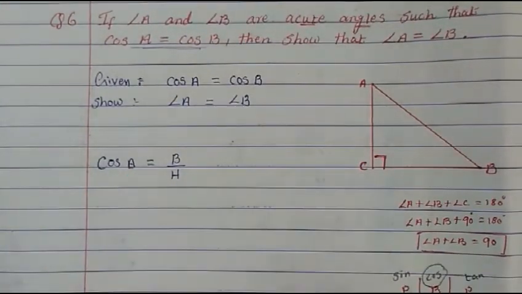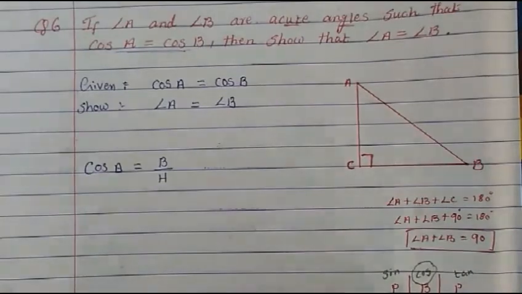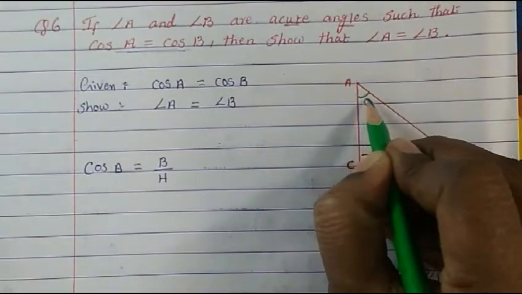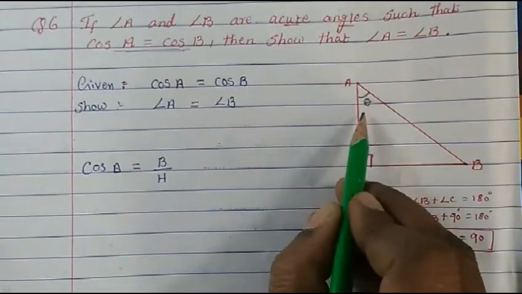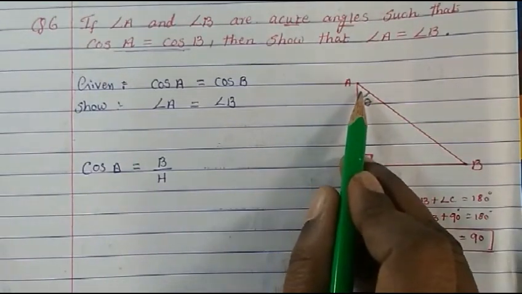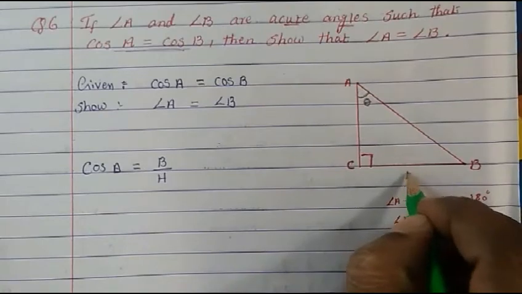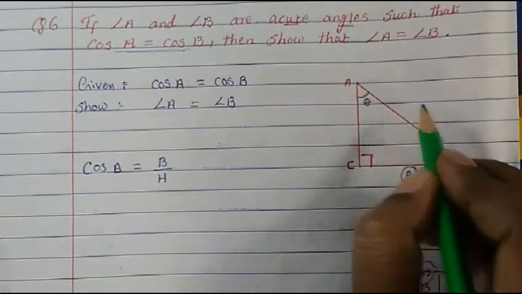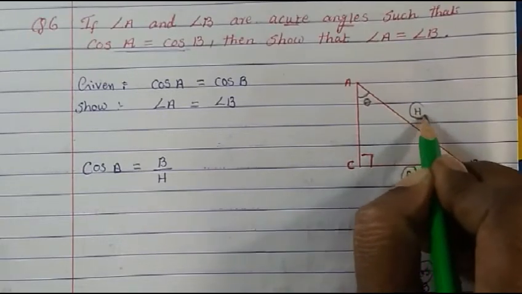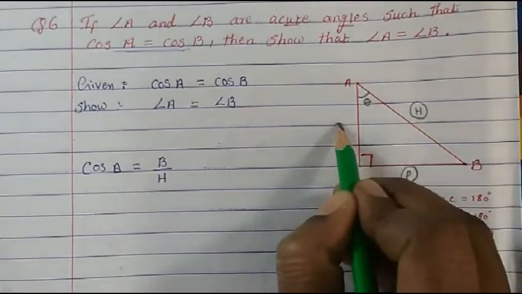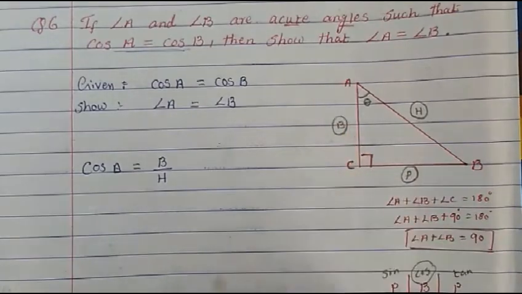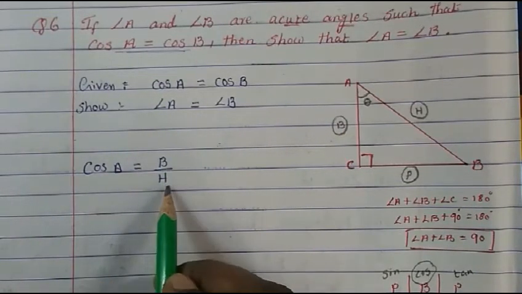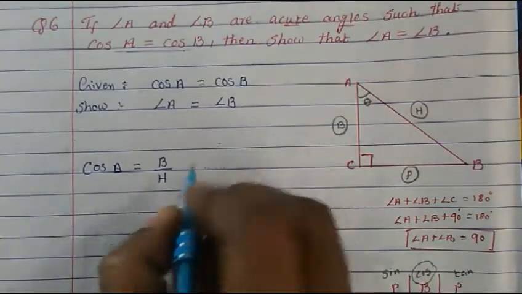Now cos angle is what? A here. So that means theta is where? In A. So let's put here theta is in A. So if theta is A, then opposite to the theta, that side becomes what? Perpendicular. And the longest side becomes hypotenuse. And the other side becomes base.